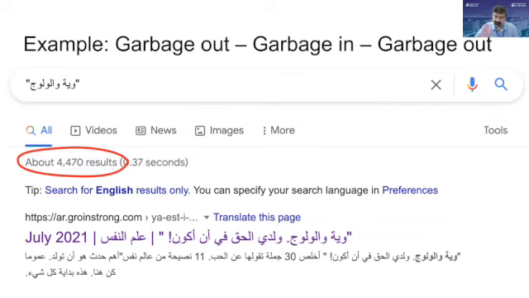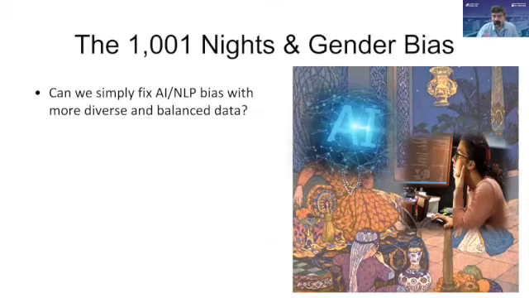Very odd, but that's another aspect that complicates our job as technologists, trying to understand what data to use and how to determine that the data is clean. There are actually competitions to determine whether something is automatically generated or real, similar to how people do it in more obvious things, like, is this a tweeting bot or a human writing on Twitter? Okay, so can we just simply fix AI with more diverse data? I don't think that's actually going to be the case. I think we need a bit more control, particularly.